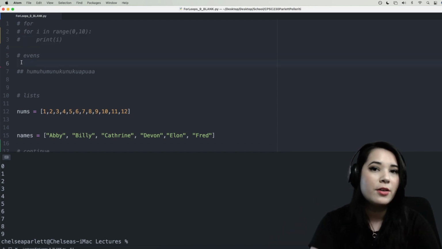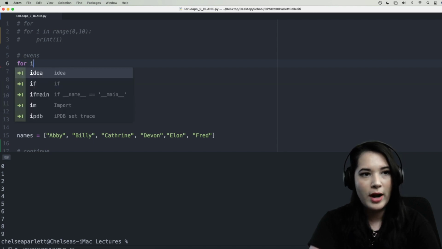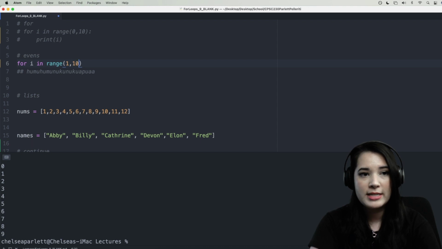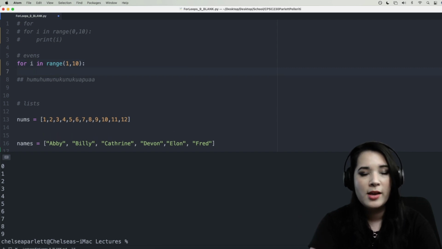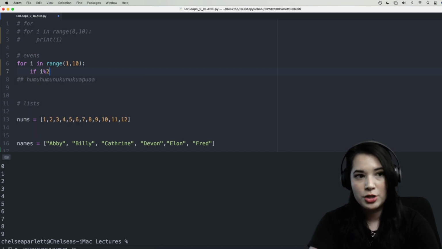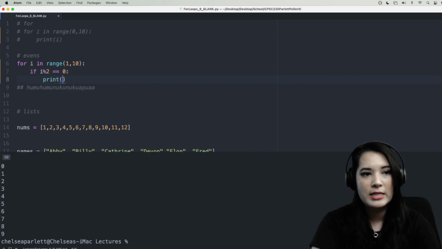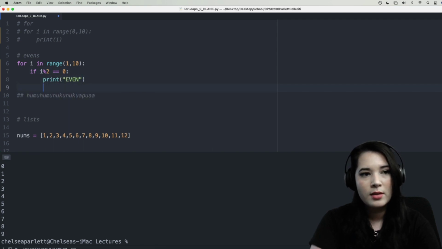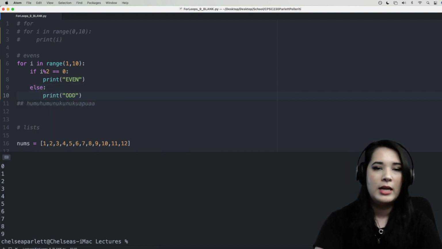All right, let's try another for loop that's similar but a little more complicated. This time we're going to say for i in range(1, 10), and that is going to give us a collection of all of the integers from 1 up to but not including 10. This time I want to print out whether a number is even or odd. So I'm going to say if i modulo 2 equals 0, so if 2 goes into that number evenly, print even,